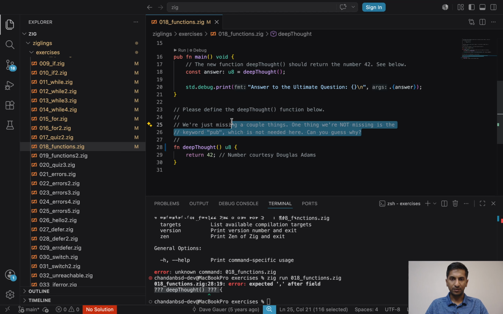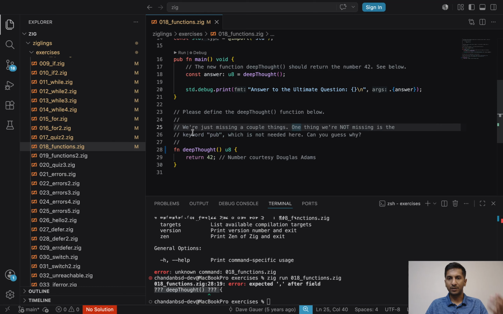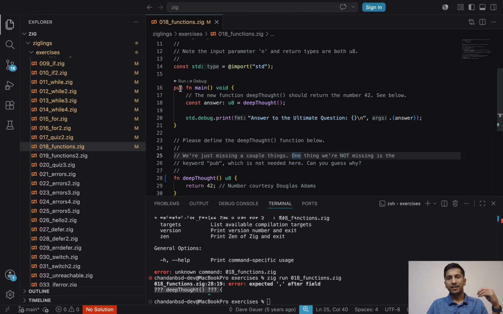Let me just read this as well. So we're just missing a couple of things. One thing we're not missing is the keyword pub, which is not needed here. Okay, I understand. So it's trying to say here we're using the word pub, which stands for public, but in this case we don't need it. Again, it's asking us to guess it. I don't want to speak out of turn in case the next exercise explains it, but